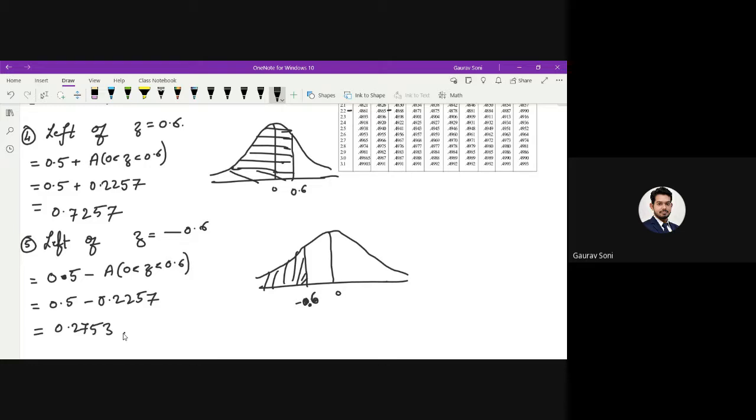So I hope the method is clear now. What we will do is, always, we have the given example for which we have mean and standard deviation. We will convert the general variable to the standard normal variable, which is z. So we will make the change of origin, change of scale. Once we do that, I can use the statistical table and find out the area under the curve.